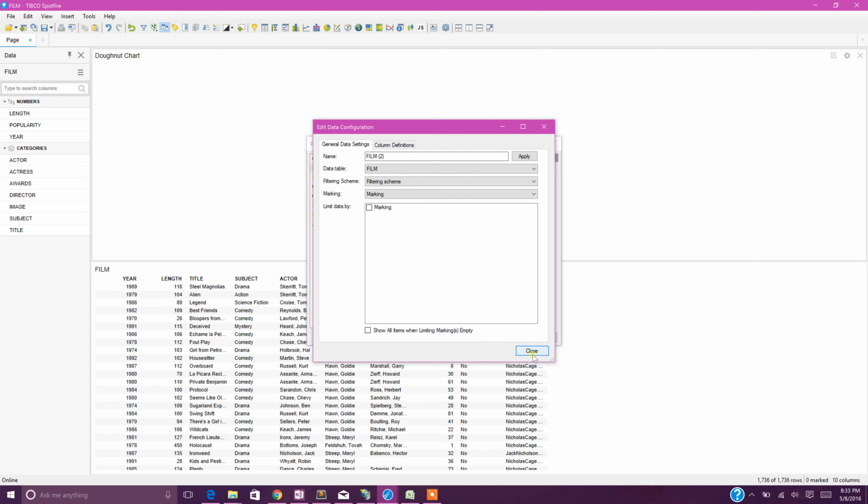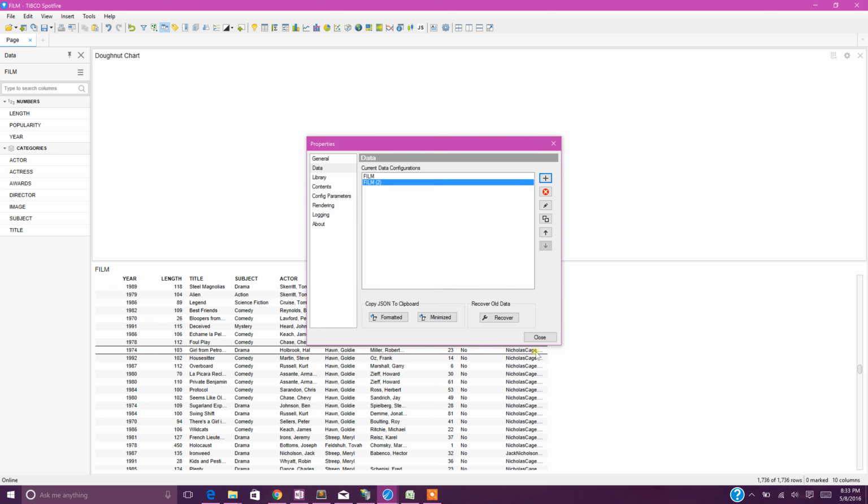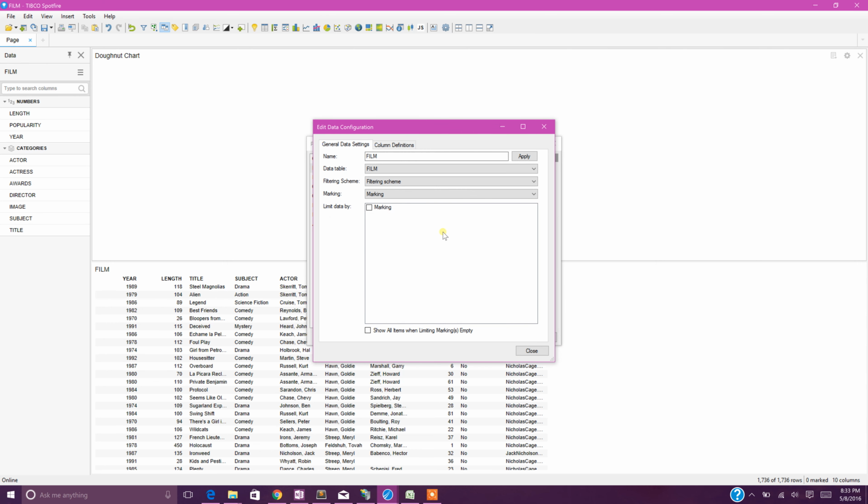So in our demo, we are not using more than one table, so I'm good with the data table I have. This is the data table I have. Now click on the edit button, and in the general data settings I can name my data table here,